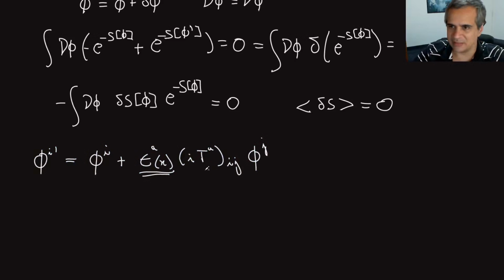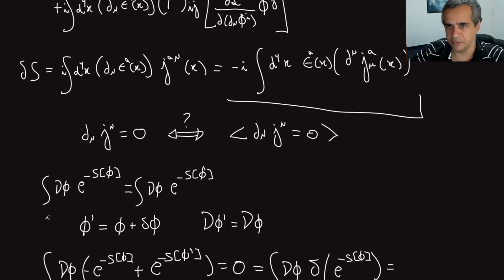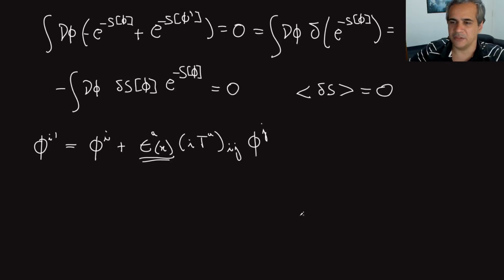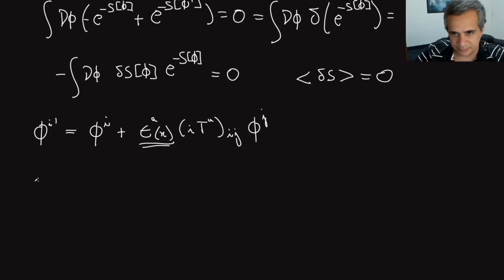But let's assume that's the transformation I'm applying here. Then I can rewrite this equation, right? I have the variation of the action here, and I have shown up here that I can write under that local transformation the variation of the action in terms of this or this, right? I want to use that one. In that case, I can show that